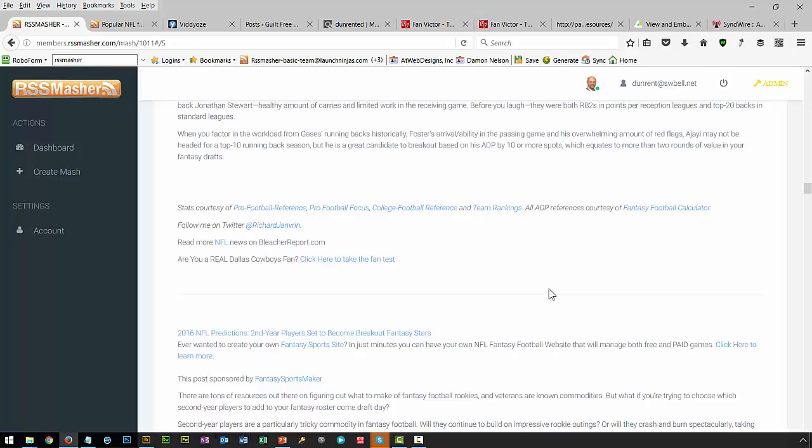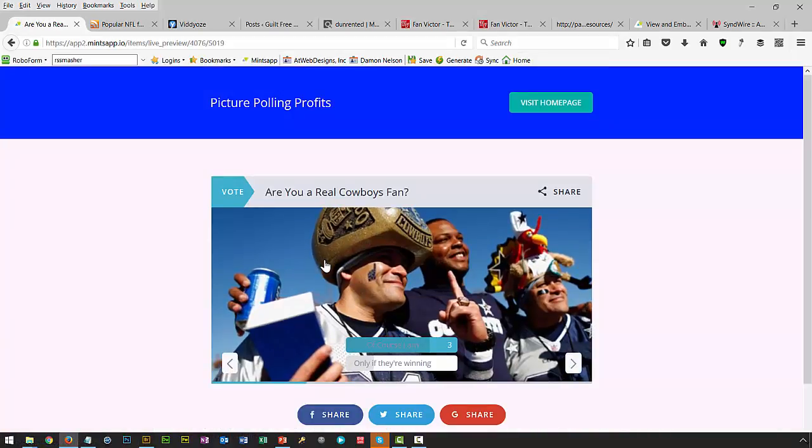I put some money hooks in here, and we talked about that in the previous demo. This is one of my money hooks, and you really can't tell that it's not part of the Bleacher Report. Are you a real Dallas Cowboy fan? Click here to take the fan test. If they click there, they're going to come out of whatever blog post or RSS feed they're in into my